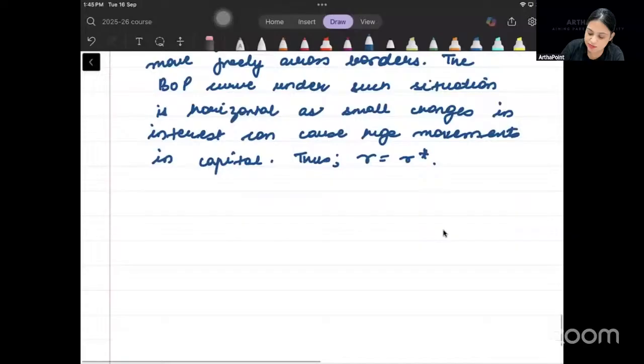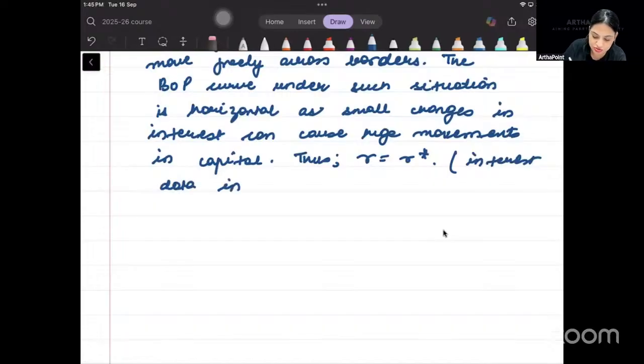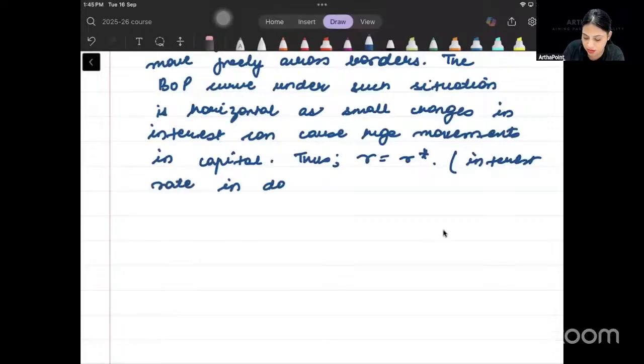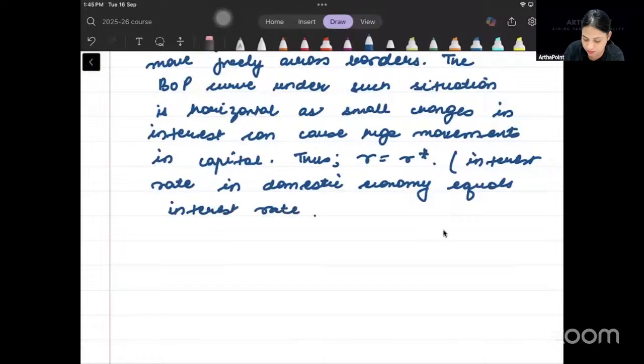So interest rate in domestic economy equals interest rate in global economy,